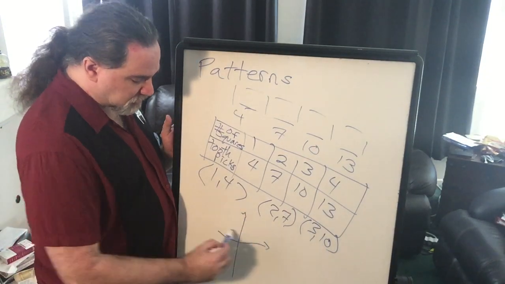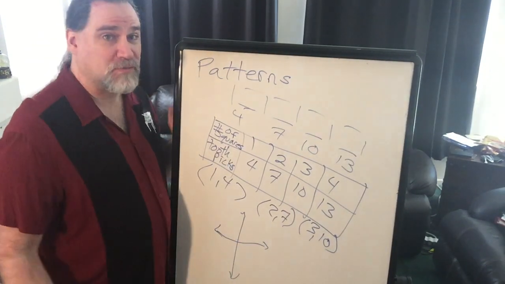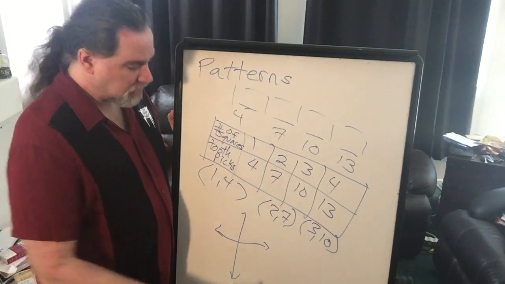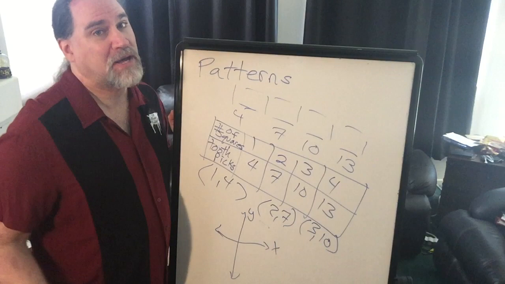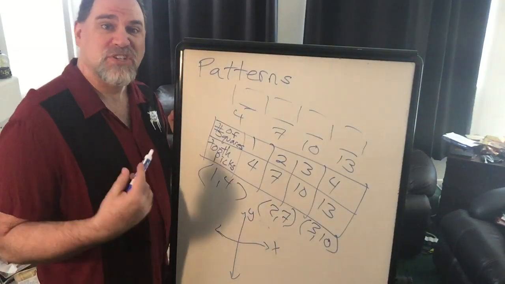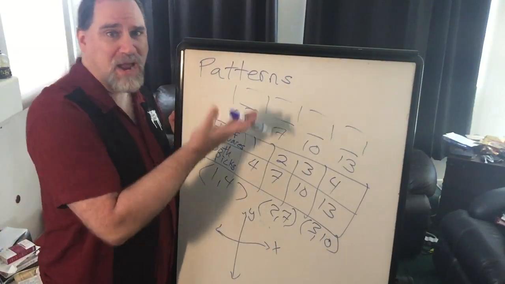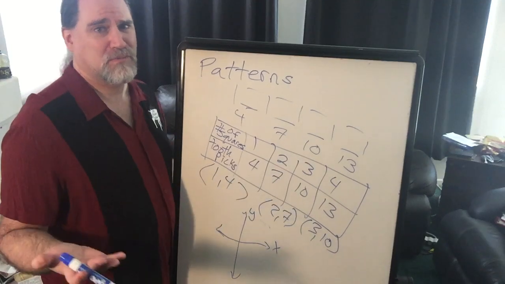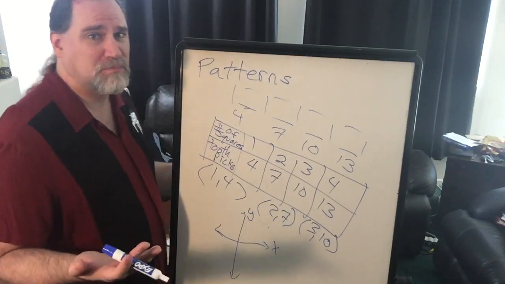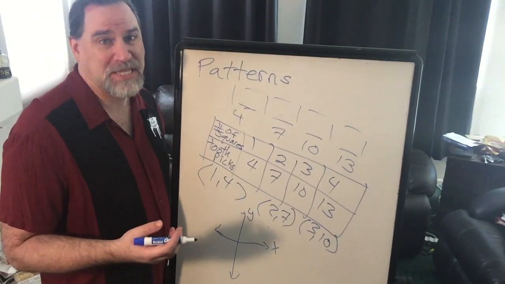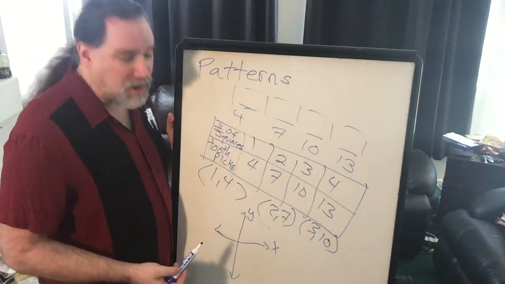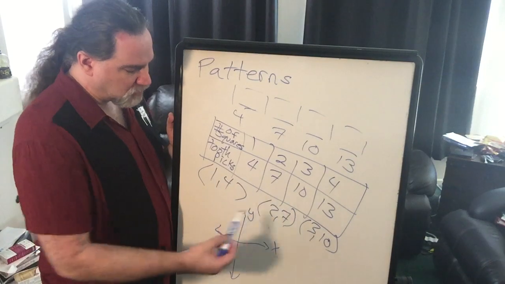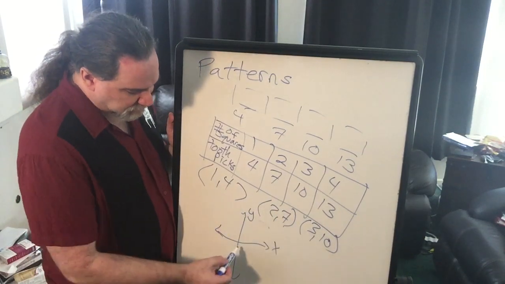Sometimes people refer to this as a T-graph. Okay, I just refer to it as a graph. There's nothing special about it. It has your X and it has your Y, and we'll talk a lot more about this in the future. This is, again, just to really drive home, why are we doing this? What is the application? Looking for patterns, that seems pretty banal, pretty easy, well, why am I bothering? Okay, but why is so we can get it to the point where we can put these points onto a